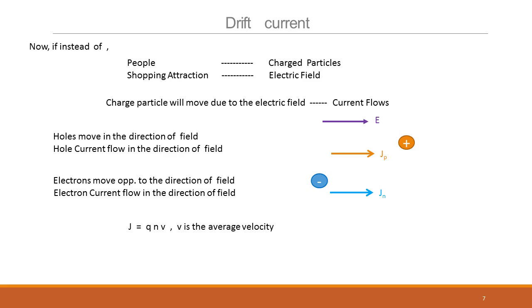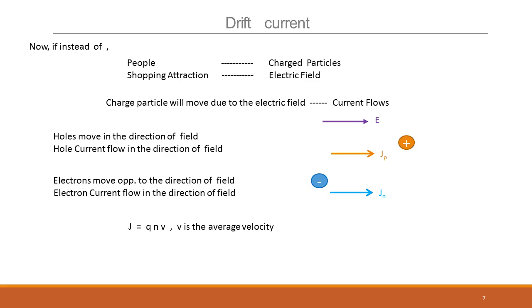You can notice that the current due to the positively charged particle and the current due to the negatively charged particle both are flowing in the same direction, though the particles themselves move in opposite directions. I hope this is clear to all of you. Now the current itself is given by this formula, Q times N times V. This we can actually derive